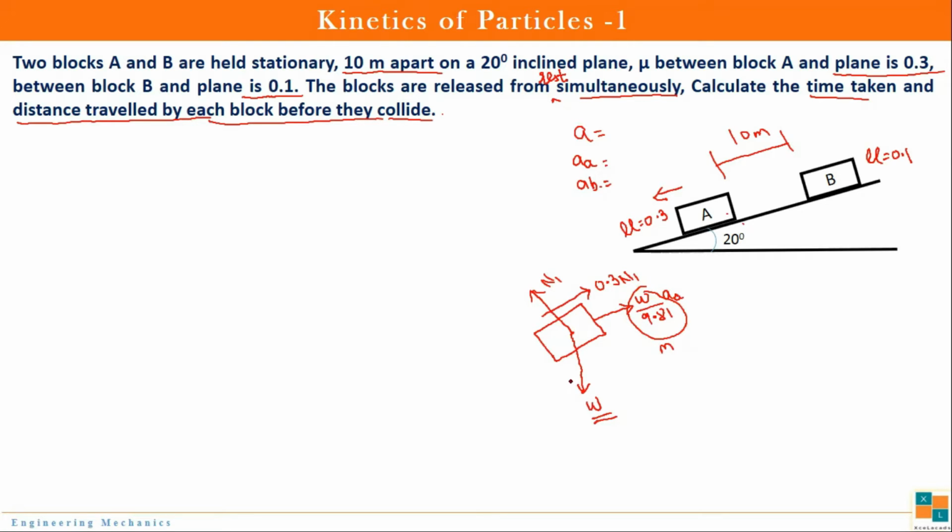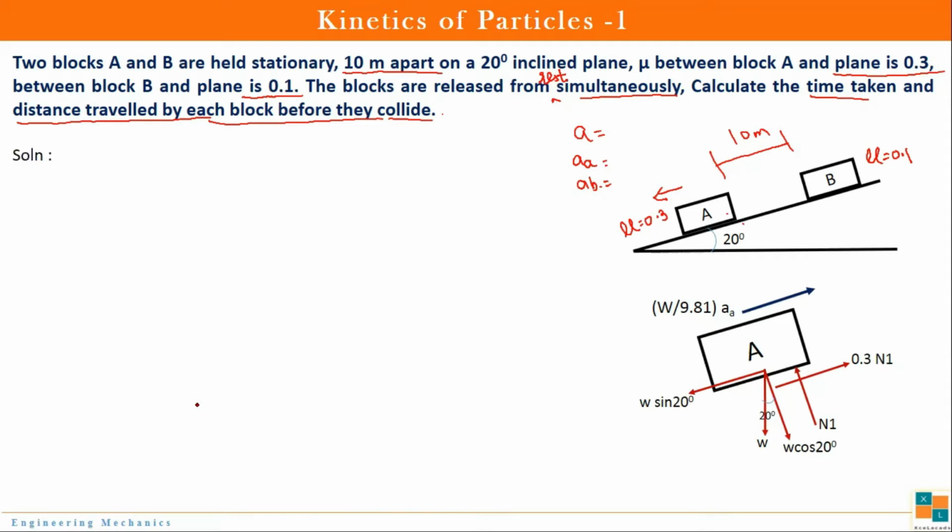So now we can apply conditions of equilibrium, but before that all the forces should be either in X or in Y direction. So if I assume my coordinate system as like this, X and Y, the only inclined force is this one, that is W. So I need to resolve it along X and Y directions. So this is nothing but angle given to us as 20. So this will become W cos 20 and this will become W sin 20. Now this diagram is ready on which we can apply conditions of equilibrium.